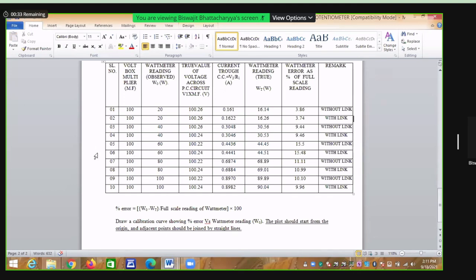So using the reading of serial number 5, we get V equal to 100.22, coil current I equal to 0.4436 ampere. Okay, what we are reading, then W equal to this into this by that, using the formula. So you have to show only one sample calculation. Don't think that you have to show calculation for all the readings of the 10 serial numbers. No, not at all. Please remember, show